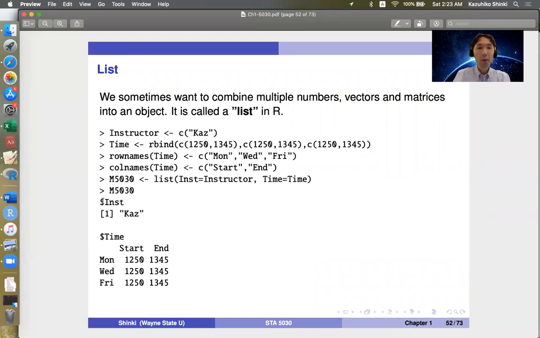Hi, the next topic is list. We sometimes want to combine multiple numbers, vectors, or matrices into an object. It is called a list in R. List is an important concept in R because many statistical procedures are